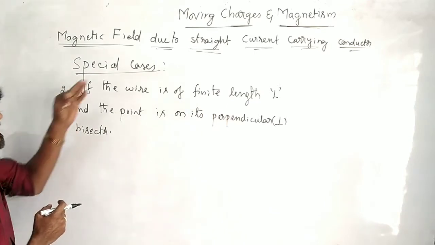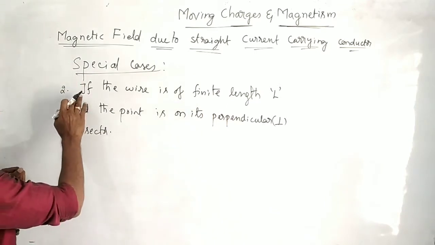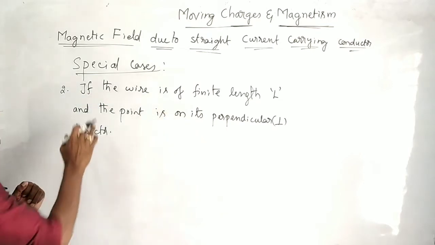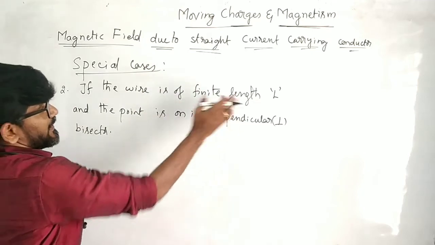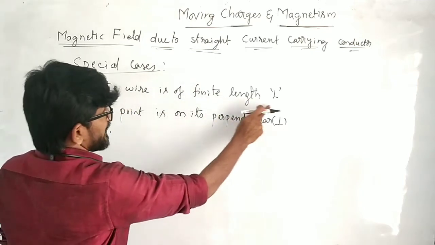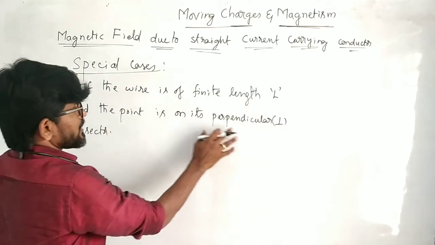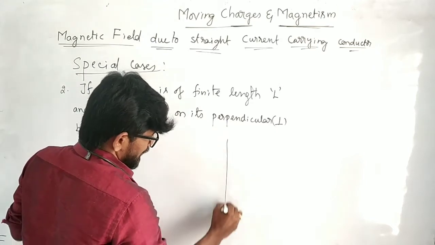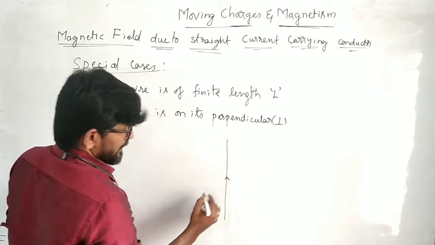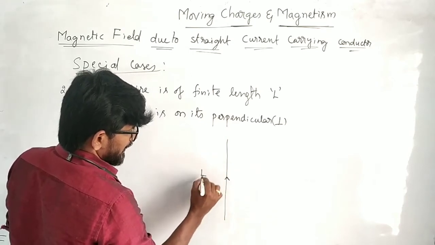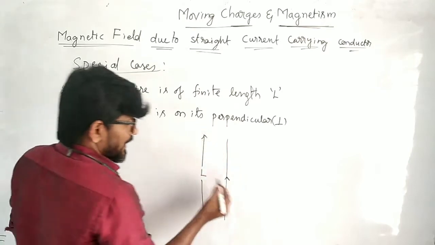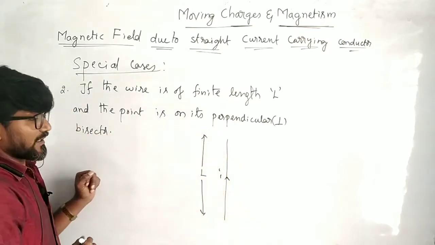The next case: if the wire is of finite length L and the point is on its perpendicular bisector, how it looks is, this is the conductor. The conductor is having finite length L. Let us say this is the finite length of the conductor, in which current I is flowing,